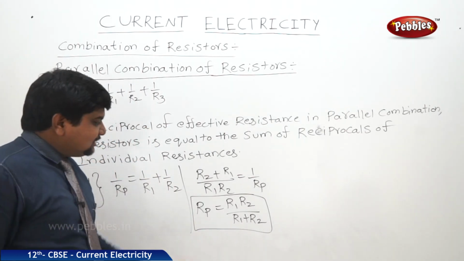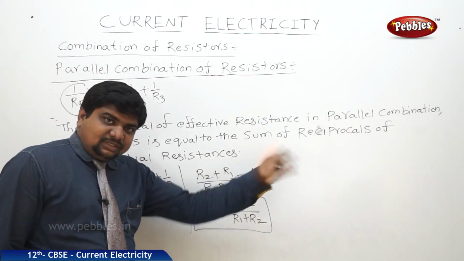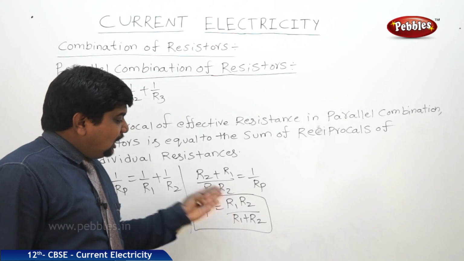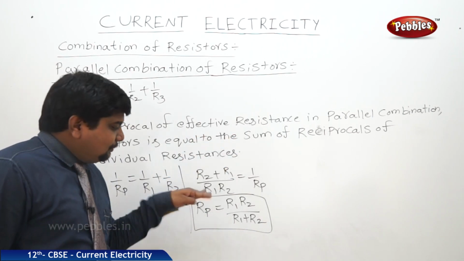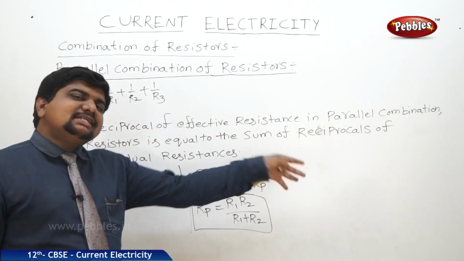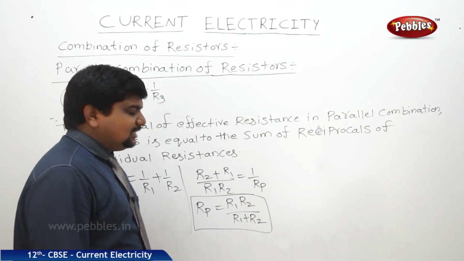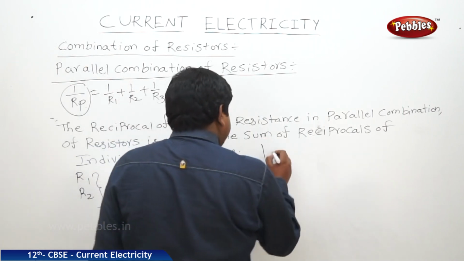If it is 3 resistors, it is not R1 R2 R3 by R1 plus R2 plus R3. It is R1 R2 plus R2 R3 plus R3 R1 by R1 plus R2 plus R3. So like that we can get. Suppose if 3 resistors are there,